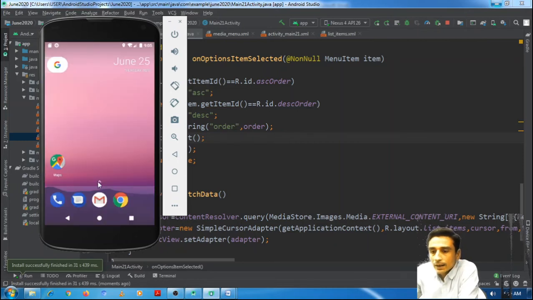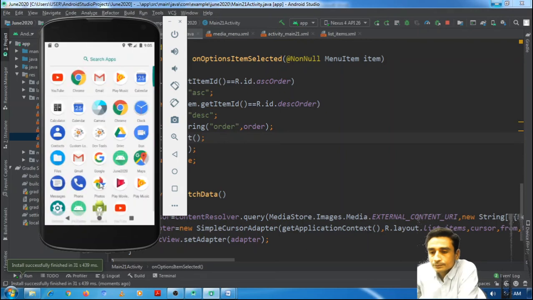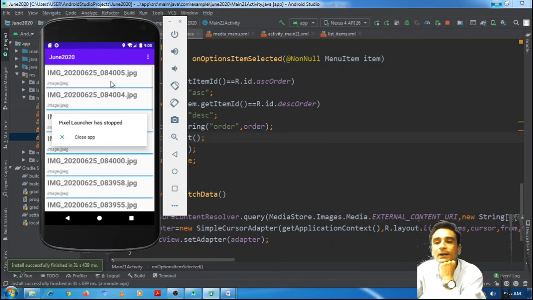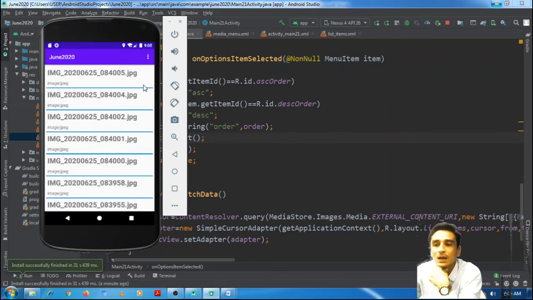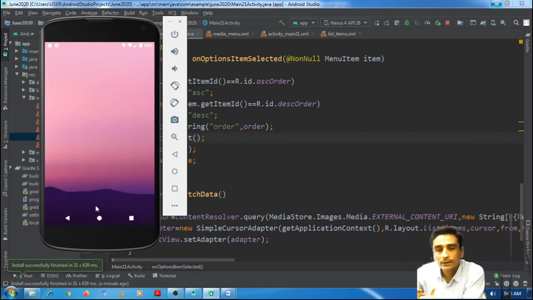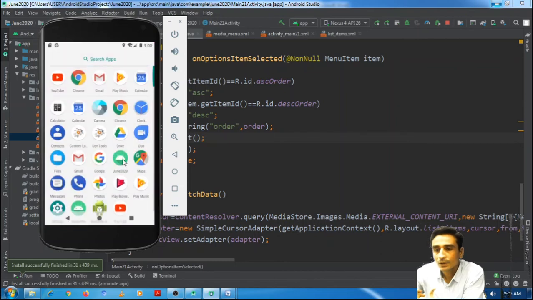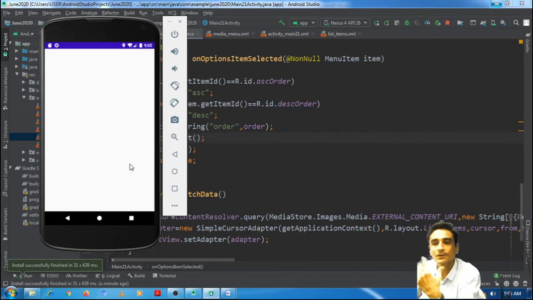See, again when I run it, it is again in descending order, which I had selected last. Now suppose I change it to ascending, it will be stored in the preference. So again 5 3 comes on the top, and if I exit the activity and re-execute it, again the list will be in ascending order.